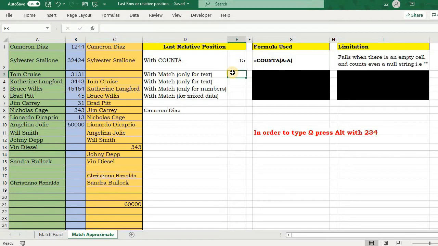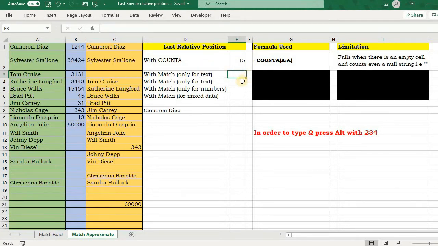But if we set it to approximate match, it will return me a value just less than 25. In Microsoft 365, the MATCH function has an additional approximate match option, finding just greater than, also available there, while in older versions there's only one option, that is just less than. Anyways, coming to our main task.